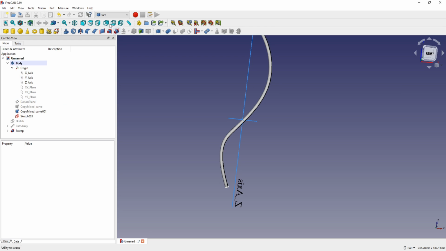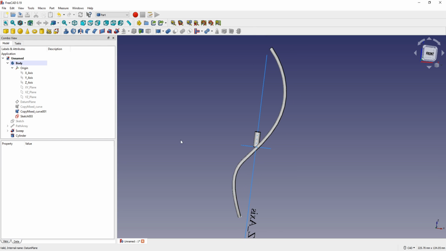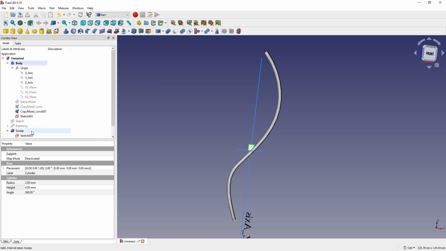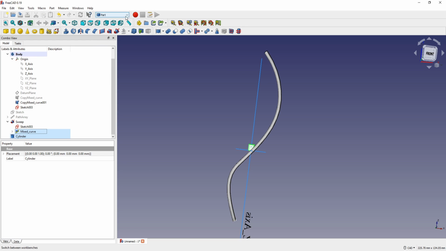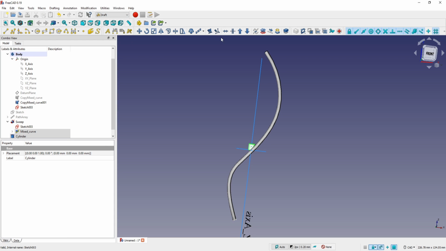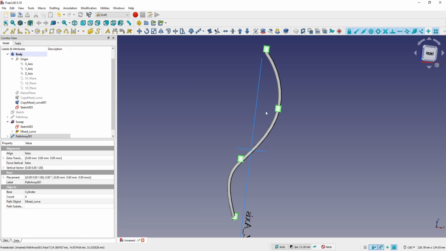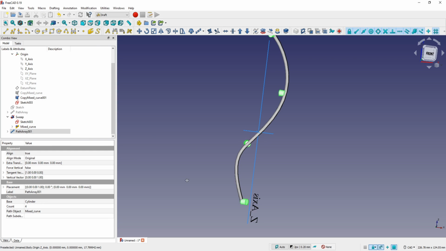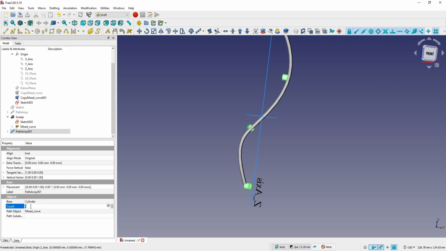Now I make a cylinder. This cylinder, radius 2 millimeters, height 4 millimeters. With this cylinder and the mixed curve, I go in Workbench draft, I make a path array. So align true, give it some